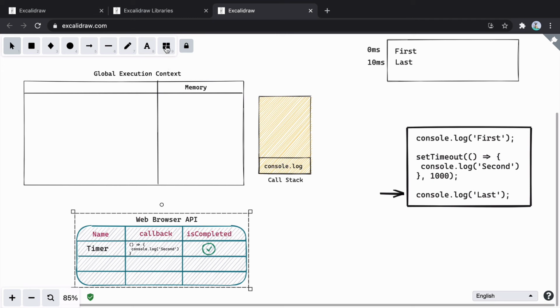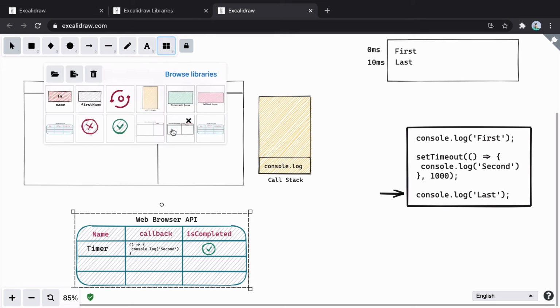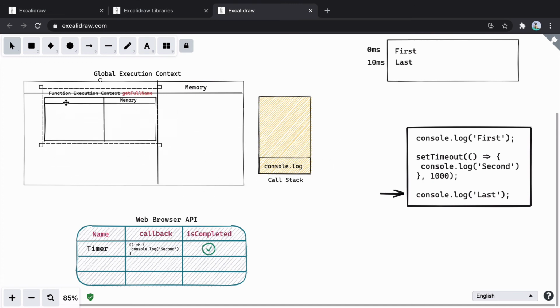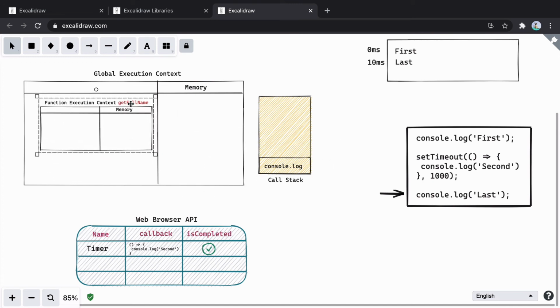Now there is something inside call stack, so we'll go ahead and create the function execution context. This is the execution context of console, and here we are logging the message second. So second will get logged here at what point of time? Around 1000 millisecond. And we will see the message second.